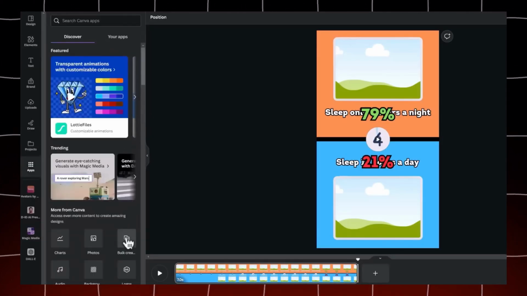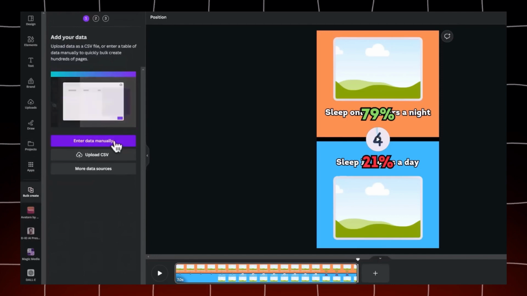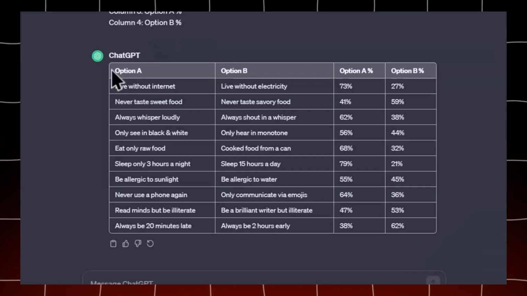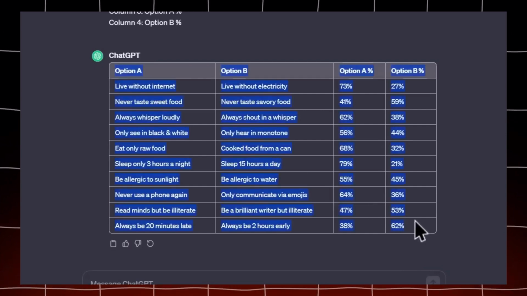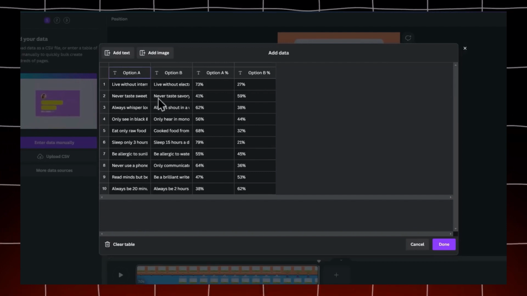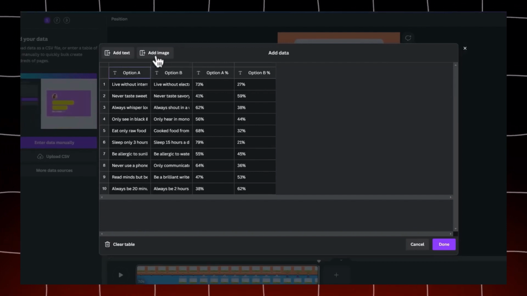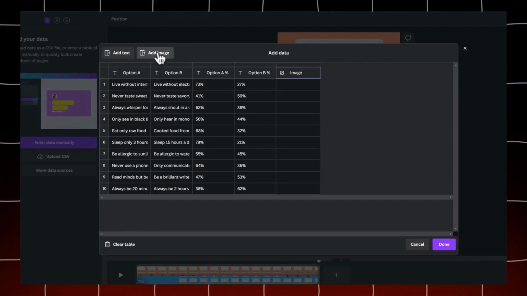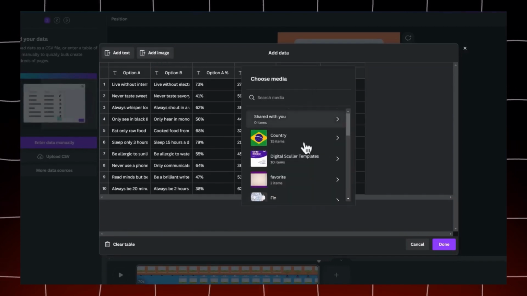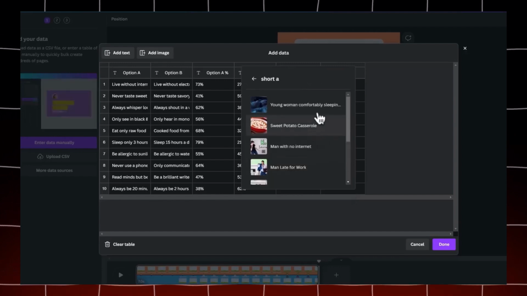Go to the App section to select or search for it and choose Enter Data Manually. Clear the table first, go back to ChatGPT to copy the table content from top to bottom and paste it in the first block. Click on Add Image twice at the top to add columns for the two options. Then click on the first block to find the first folder and select the corresponding image, which is the man